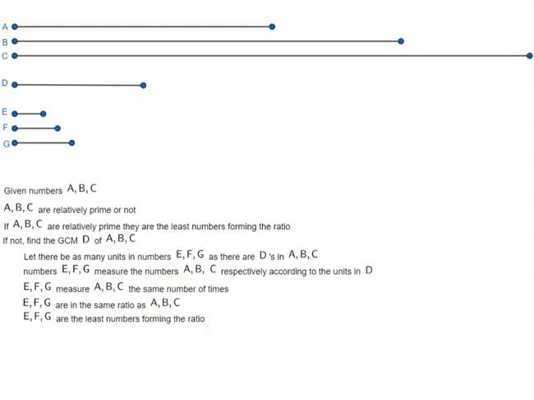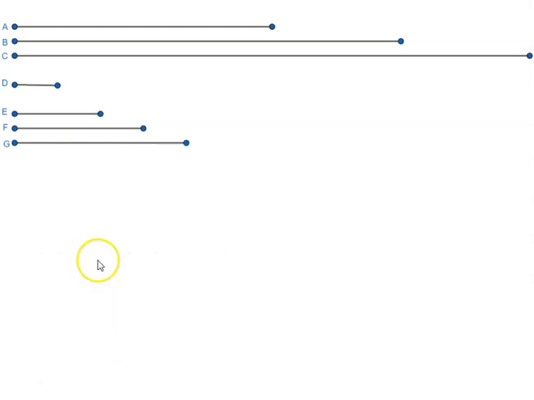Okay. So EFG are the least numbers forming the ratio. What we have shown is that EFG are the simpler forms of ABC in terms of ratios. What we have to show is that these are actually the least numbers possible. So let's see how we can prove that part, that these are actually the least numbers. Now, for this, what we do next is,